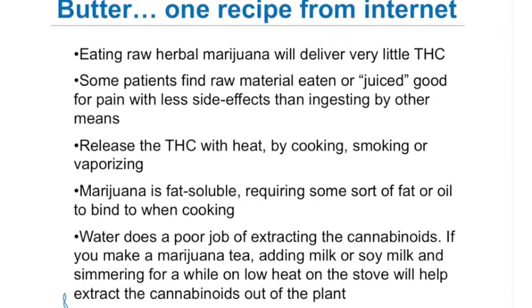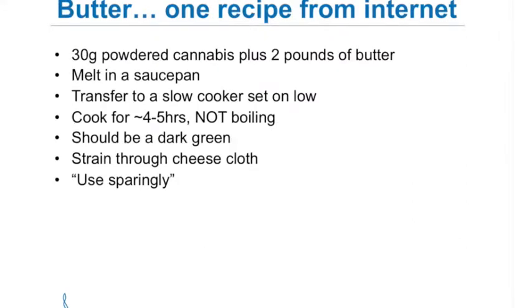And there are some other recipes. There's one here for butter, which I just downloaded from the internet. There are many different recipes that are available. If you just do a Google search, you can come up with a whole host of choices. But this one is one that I know I have patients that are using it and finding it quite